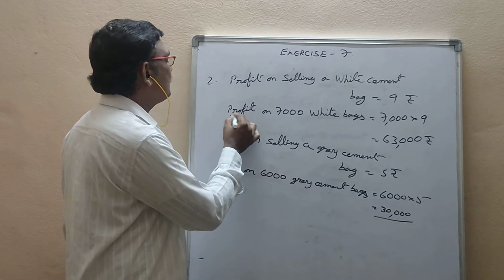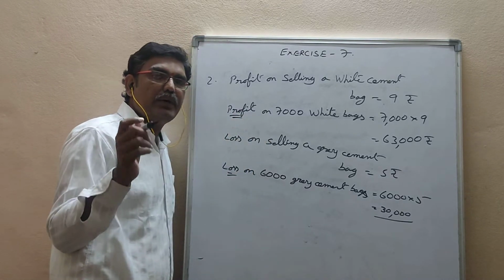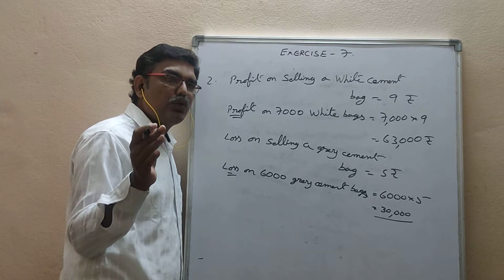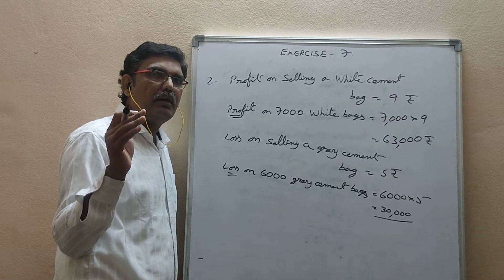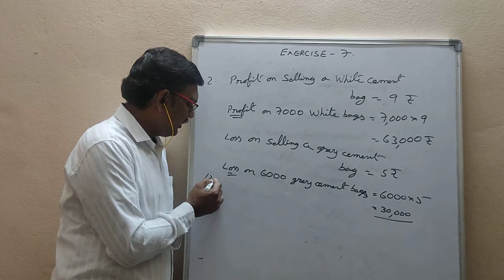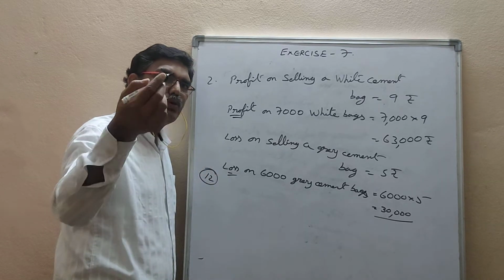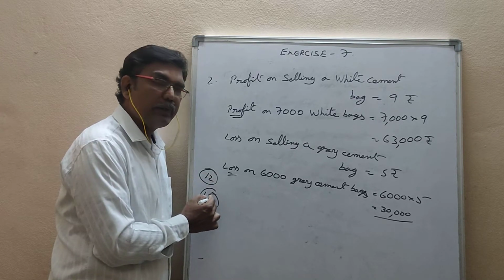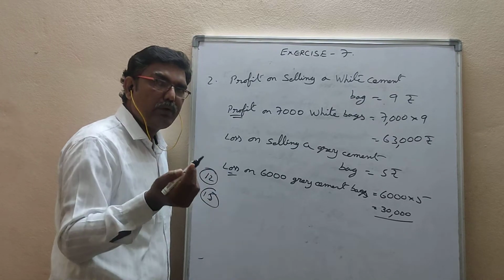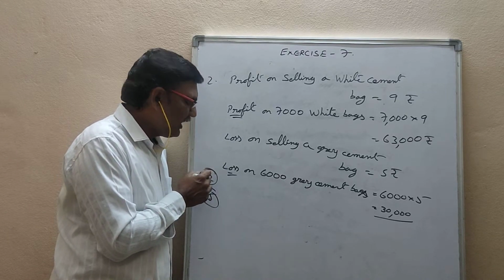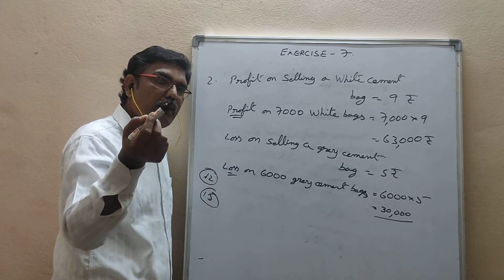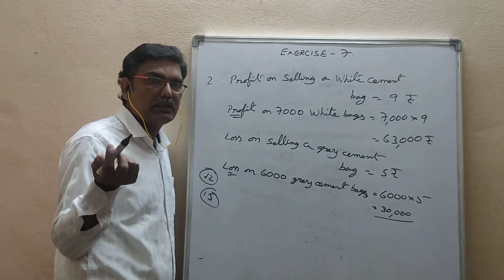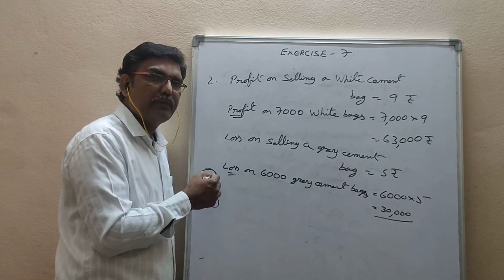It is loss. It is profit. Loss means, already you know it. See, you purchased a pen for 12 rupees and you sold it for 15 rupees. It is cost price. It is selling price. Selling price is more means you will get profit. Your cost price is 12 rupees. You purchased a pen for 12 rupees and you are selling for 10 rupees. Then what will you get? You will get a loss. Okay. So loss and profit. See, understand?